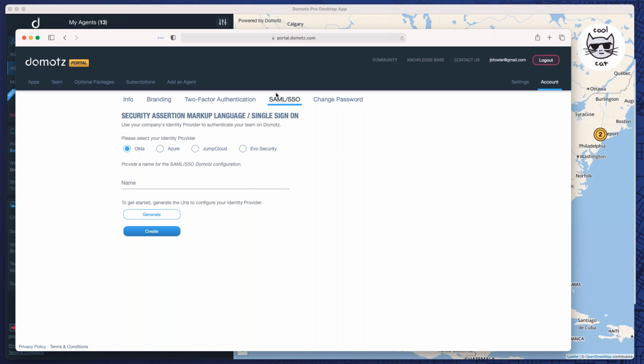I'm assuming a lot of you understand SAML and SSO and the importance of it, so I'm not going to go into great details here, but I do highly recommend you implement either 2FA at a minimum or one of these services. Let's talk, since I'm on this page here, a little bit about account information and